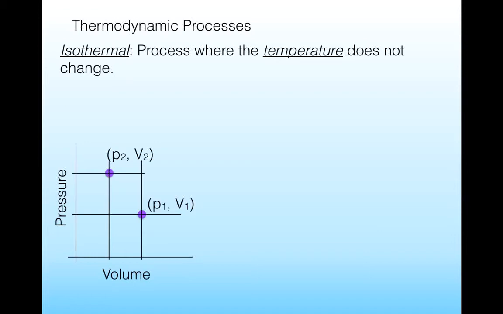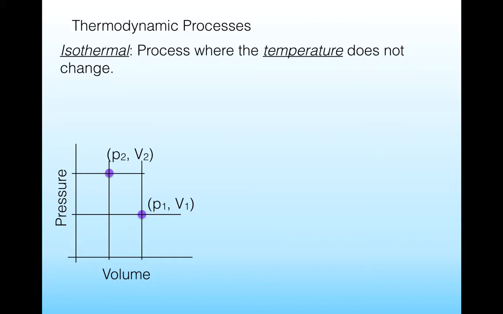Using our model system of the ideal gas inside of a piston and the PV diagram, we can now talk about a variety of different processes that we can take this gas through to get from one state to another. We've talked about some of these processes already. In particular, this first one we're going to talk about, which is an isothermal process, we've talked about previously in